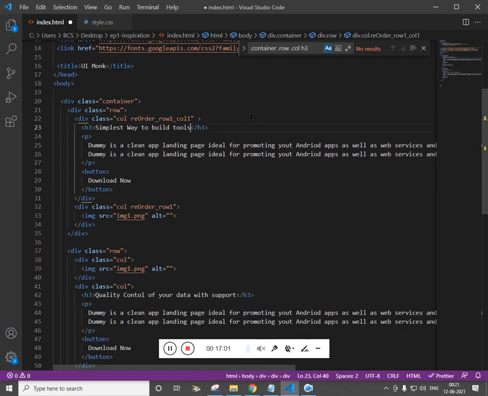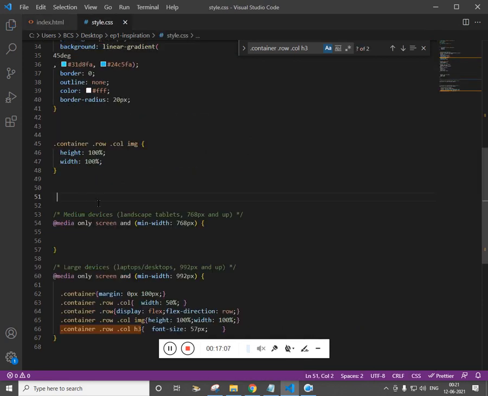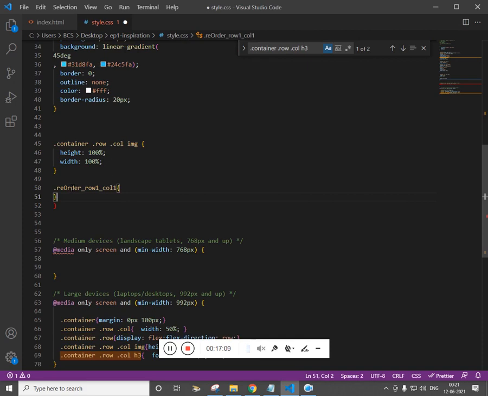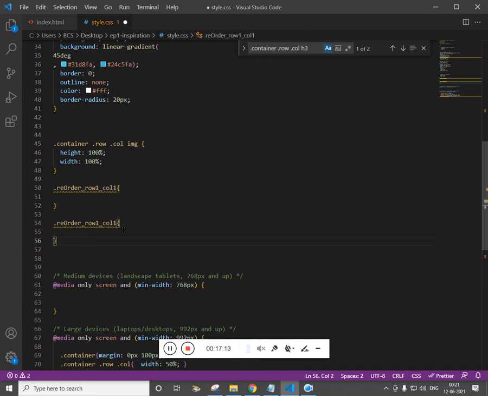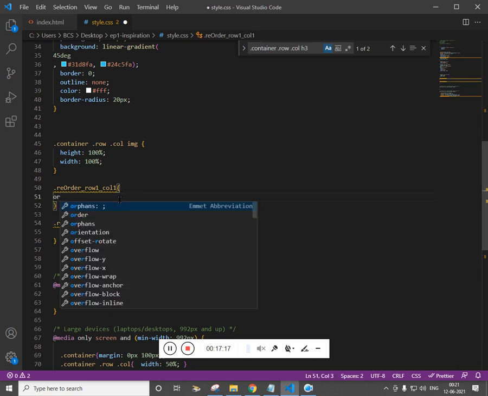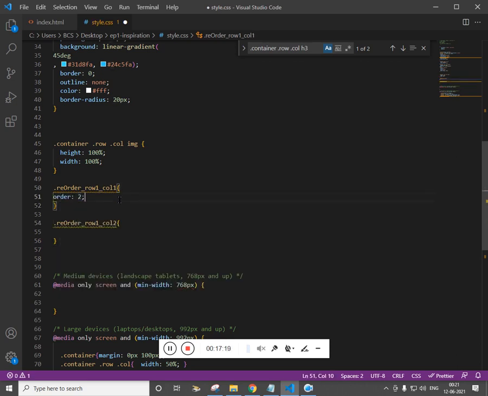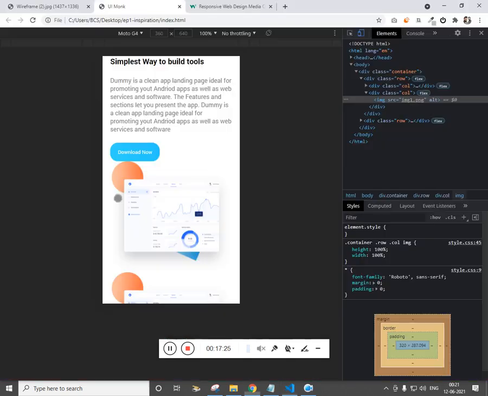Now let's see. Let's select these 2 classes. For the first column, let the order be 2. For the second column, let the order be 1. Now let's try and refresh. Yeah, it is working. So that's it, we got it.